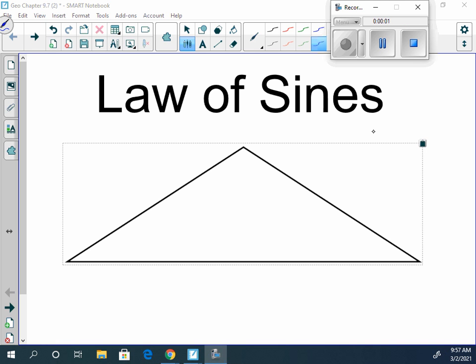And what we're going to be covering this week is law of sines and law of cosines. Now, law of sines and law of cosines deals with triangles that are not right triangles. Because our formulas, bless you,